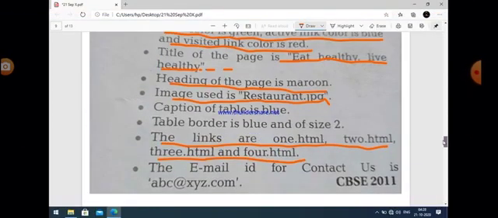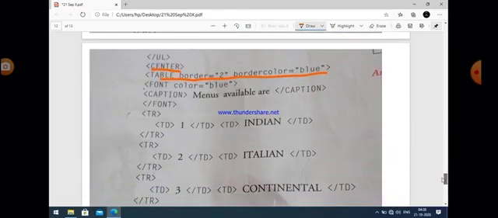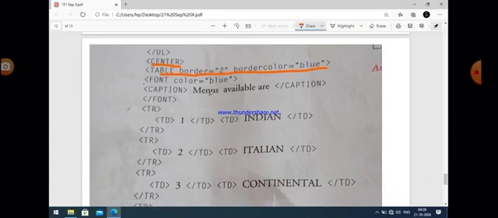the table rows are defined with the tr tag and table data is defined with the td tag. First of all, you can easily see that the caption of the table is given, and the table border is blue and size is 2, which is also given here. So we just write here the code for that. We write